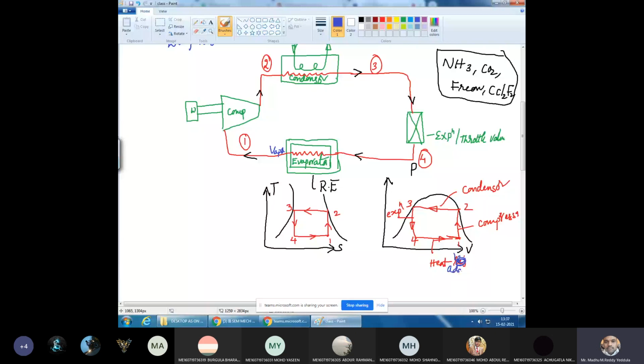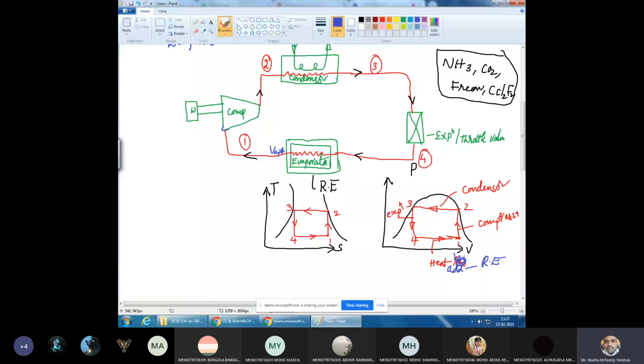Let us say this is my refrigeration effect. You remember the refrigeration effect: we are removing heat from the system, and that heat is taken by our refrigerant. The refrigerant leaving the evaporator is in the form of vapor, and the pressure and temperature are very low. Preferably it is a dry state, drawn from the evaporator during the suction stroke. During the suction stroke the compressor sucks the vapor from the evaporator.